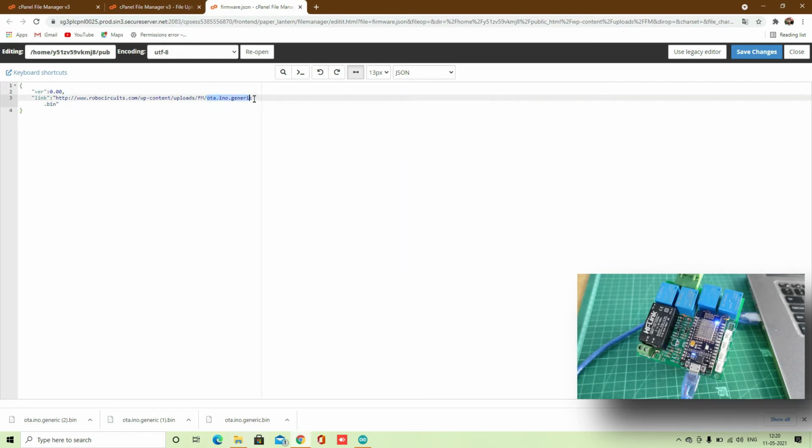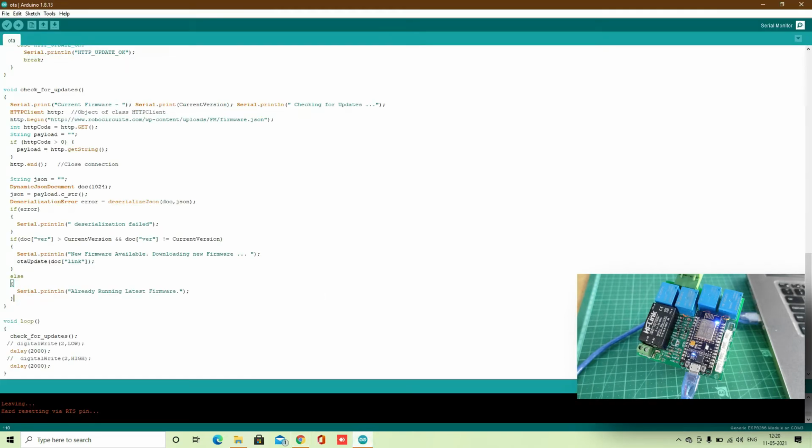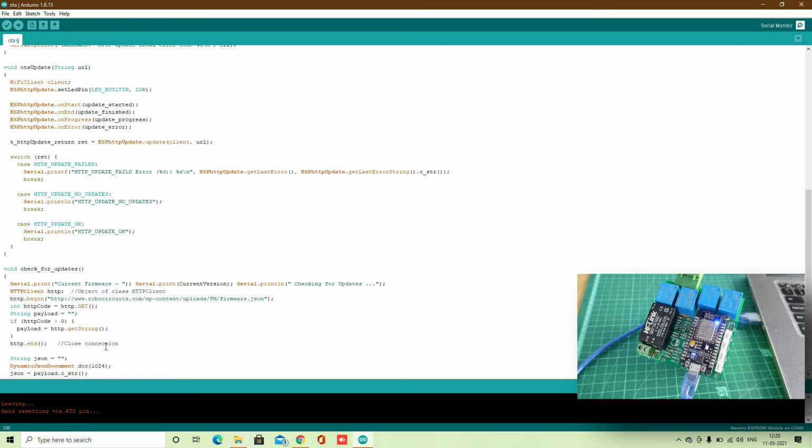This will be our ota.ino.generic bin file, which we will upload now. So first of all, we have to go to the Arduino IDE. Let us change the code a bit. Now our LED will blink every 2 seconds. You can see digital write to low, then a delay of 2 seconds, then digital write to high, then a delay of 2 seconds.